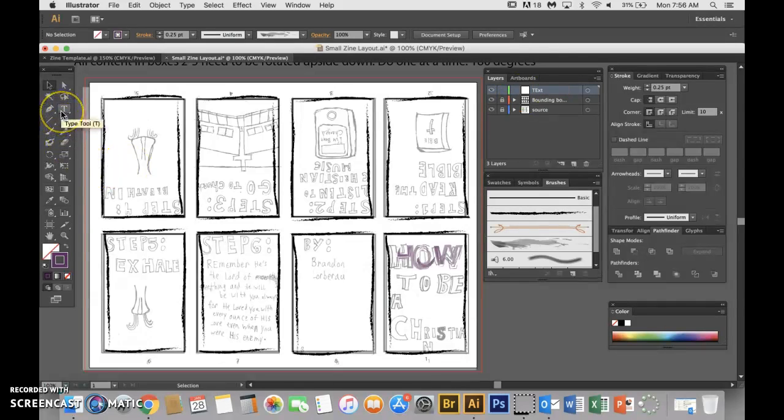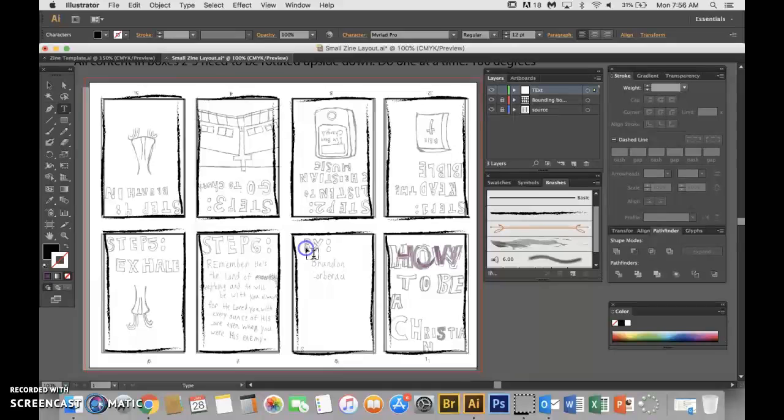So the way you work with text is you get the type tool over here on your toolbar, and you would go and click on your document. So right here, I'm going to say by: I'm going to do command click just like I do with the pen tool so it doesn't follow me. And then I'm going to click again down here. Brandon, command click, and then I'm going to